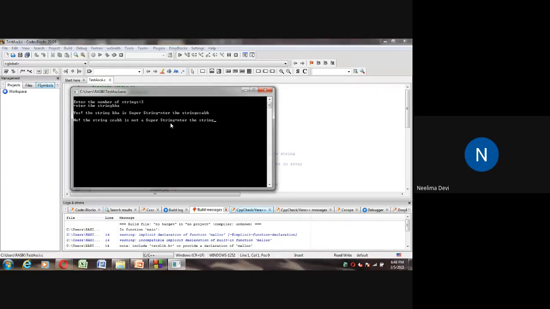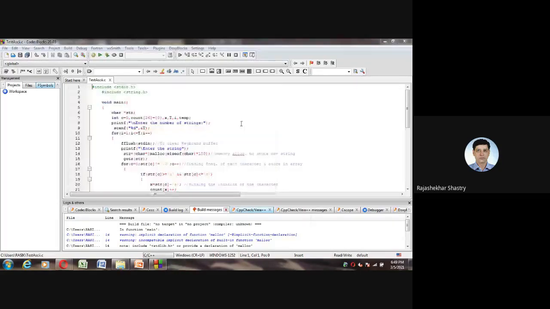Special characters, sir. Okay, special characters, something called, shall I type percentile ADF something? Okay. What is the answer we got? Invalid string. Of course it is taking yes also, but I forgot to write the break before that. So if you break that, you'll come out of that loop. Anyhow we got the message invalid string, right? So this is how to run the code in your Code Blocks.